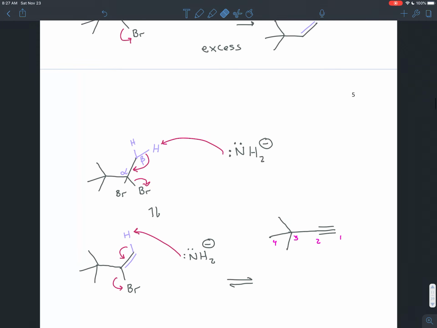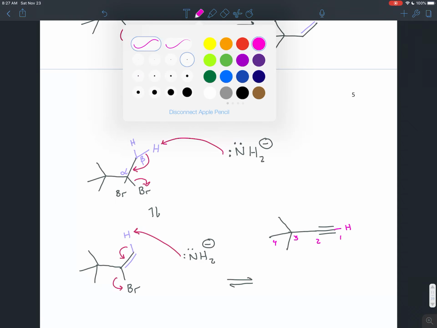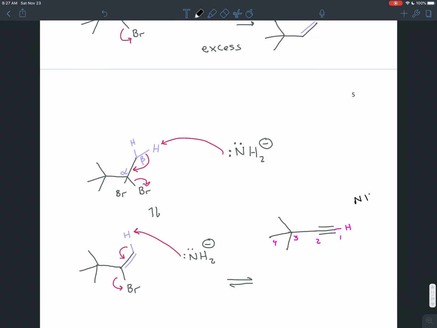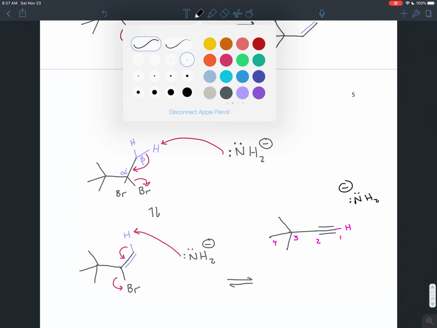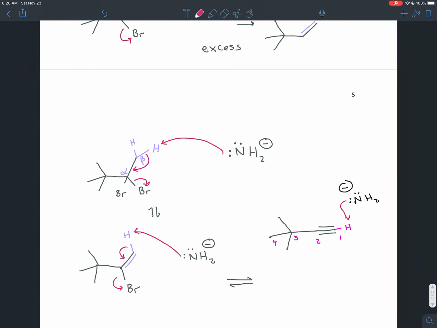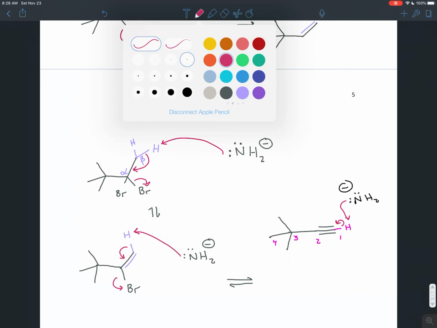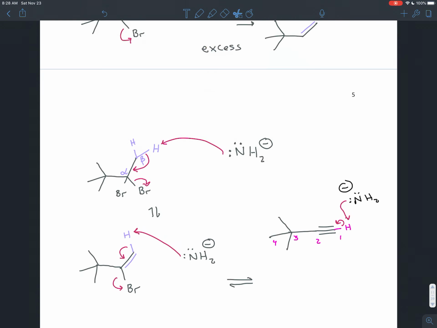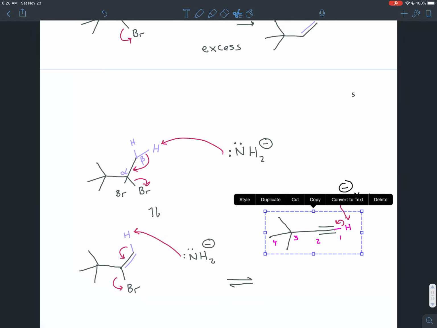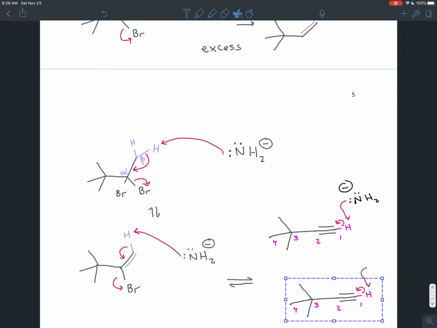The thing is, this is a very strong base, and as we'll see in future exercises, the hydrogen at the end of this is very acidic. So if you have excess sodium amide, another NH2 can come in, steal the hydrogen here, and that electron goes back on the carbon there. So that would leave us with a relatively unstable molecule. And so what you'll do after